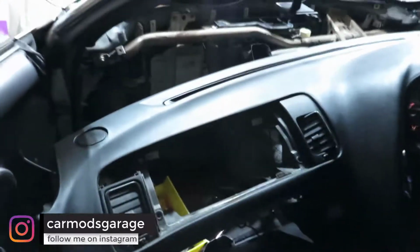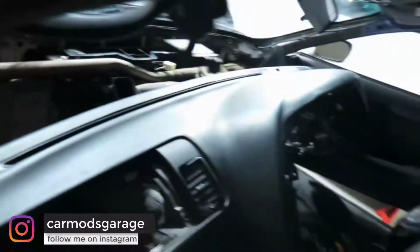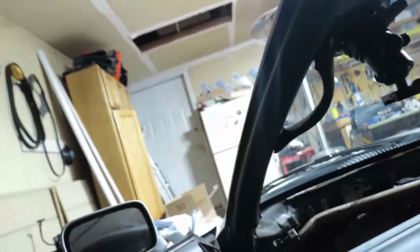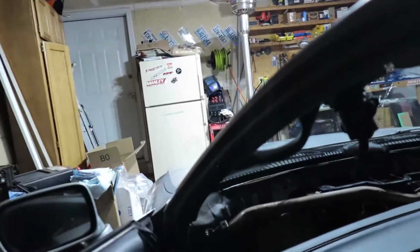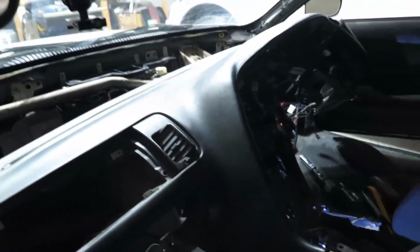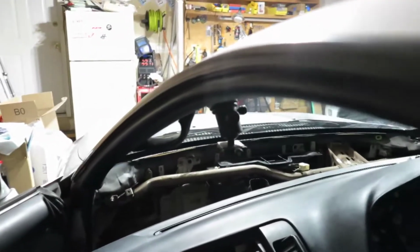So I took it out. There was a big problem. I need to take the e-brake, and the shifter sucked to move away from this, and I don't know how to take this out. So if you know how, tell me, because that was horrible to take this out without it. So I'm gonna try my best to move this out of the way, take it out of the car without space, because